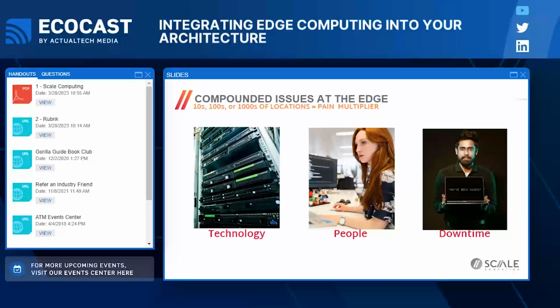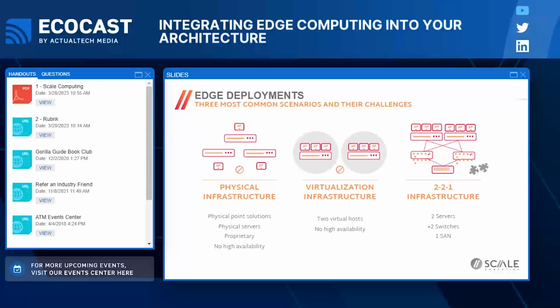If you've got 10,000 sites, pretty much, even with the best IT practice, the most resilient resources, you're going to have something that needs attention, some monitoring, at just about any time, something that you need to do, whether it's a simple failed hard drive that you need to get shipped out or replaced eventually, or a new application that you need to deploy. All those things become much more difficult and challenging across a distributed edge environment with lots of locations than, for example, deploying a new application on a central cloud. And that's really the gap that we're trying to bridge in our environment. We'll talk more about what we do.